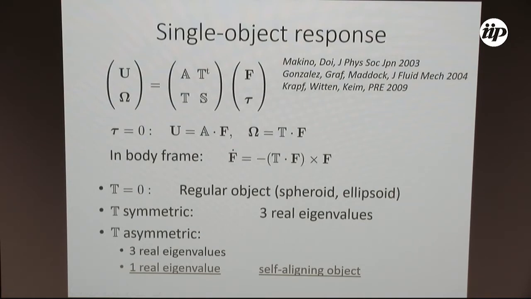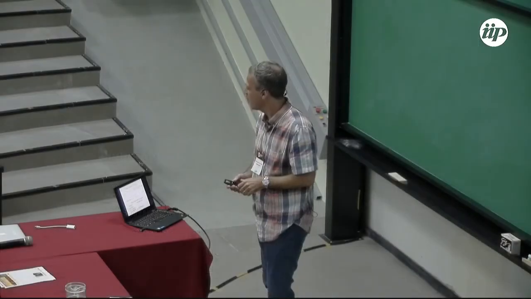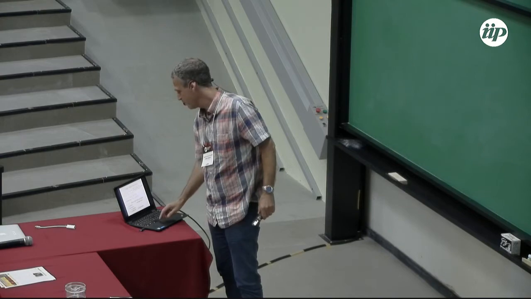I don't have time. The response of such a single object was very well characterized, so I will not go through this mathematics, but the point of this slide is that this special object that you saw in the previous movie is not special, it's a general rule. Most objects will behave like that. If you take the space of all objects, most of the objects in this space will be self-aligning. They will choose a direction and rotate around it. So it's not some kind of an esoteric thing. The sphere is esoteric.